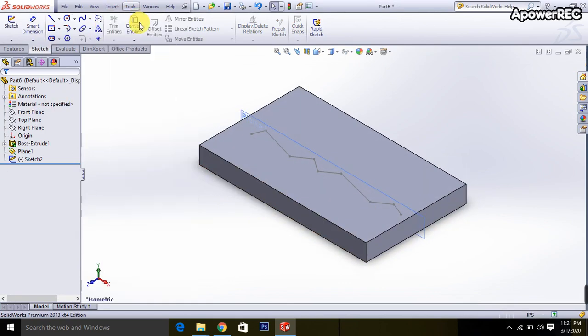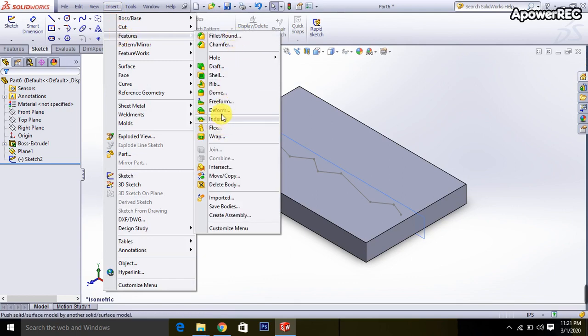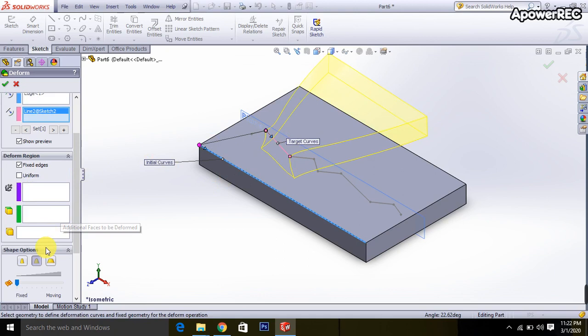Go to the insert. Then features. Then select the deform. At first click on this edge, then click here and click on this path. The shape is showing. We can change it in this way,